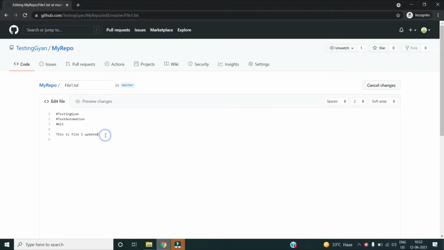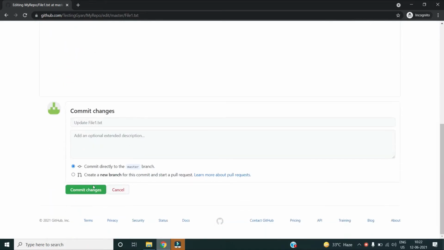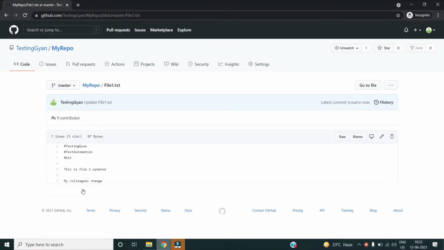They made their change. My colleague's change. They made their change in their local system and they also committed and pushed the change. Okay, so I'm just replicating that scenario by directly making the change in the remote repository.